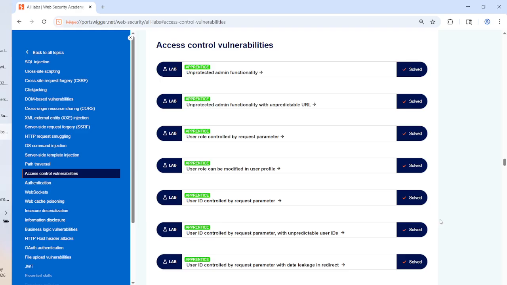So I would be starting with solving Portswigger labs, and why I have taken this task. Because the problem with many pen testers, many bug bounty hunters, and I would say beginner ethical hackers, is that they don't have the basic concepts clear.